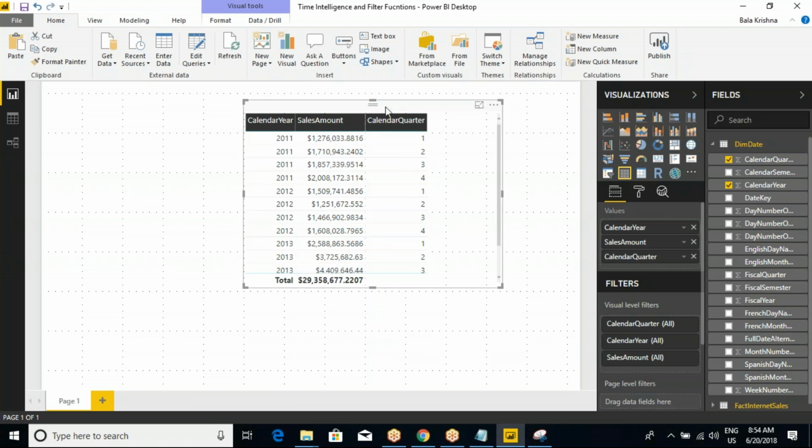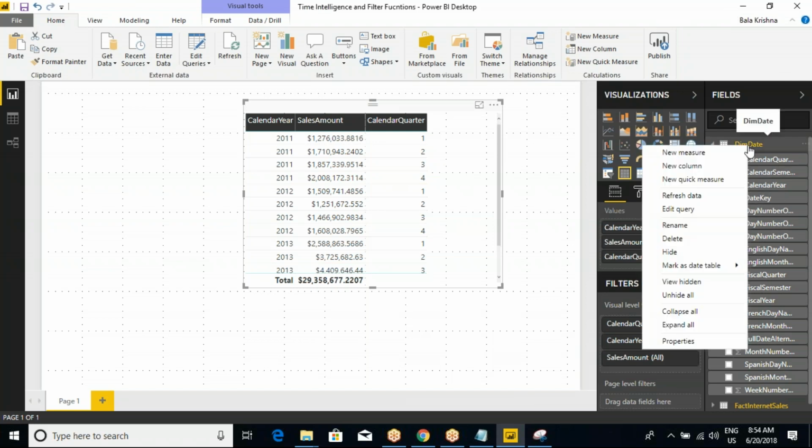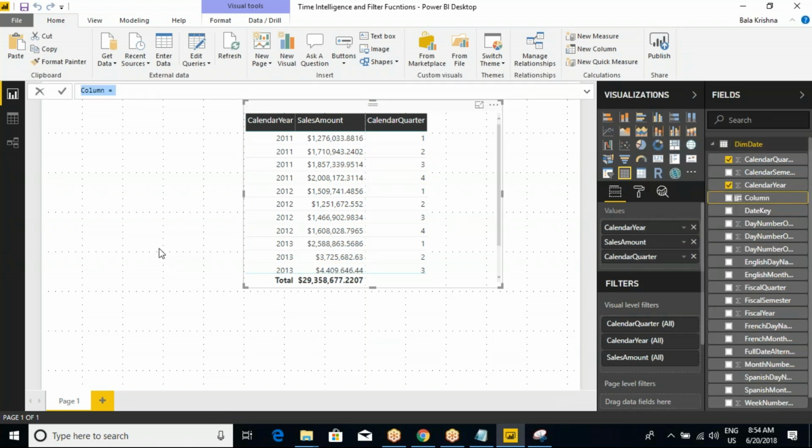One thing is very clear, we are going to add a new column. Yes or no? So add it. Go to the dim date. New measure or new column? We don't need a new measure because I want to add text columns here. Make it as a new column. So for example, calendar quarter_new equal to,